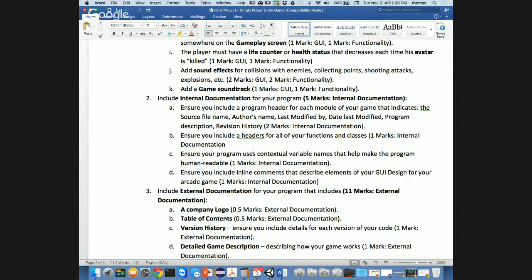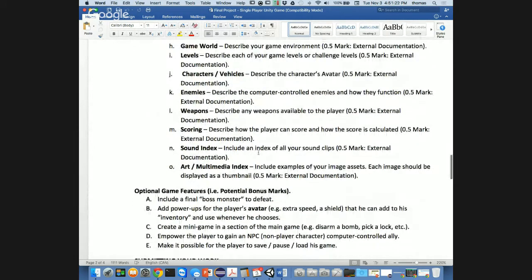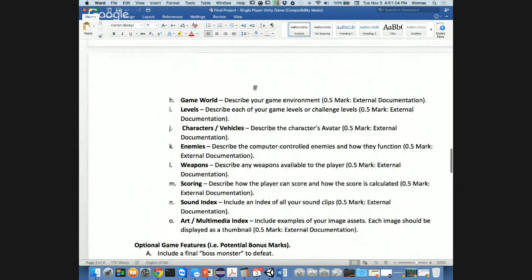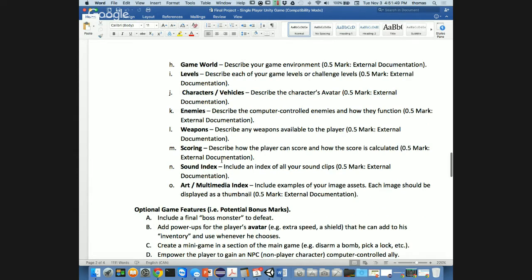Include internal documentation, external documentation. One thing you notice that's missing from here is GitHub. I'm not asking you to submit your GitHub for this one. The reason why is GitHub is only going to be required as a submission because you've already done GitHub for assignment 1, 2, 3. By then, I'm figuring you're going to be using GitHub all the time, right? And if you work with a partner, I'm going to require it. It's required for you to work with a partner. If you're working with a partner, I want to see your GitHub. If you don't submit your GitHub, it's going to go against you, right? And we're going to talk about this.